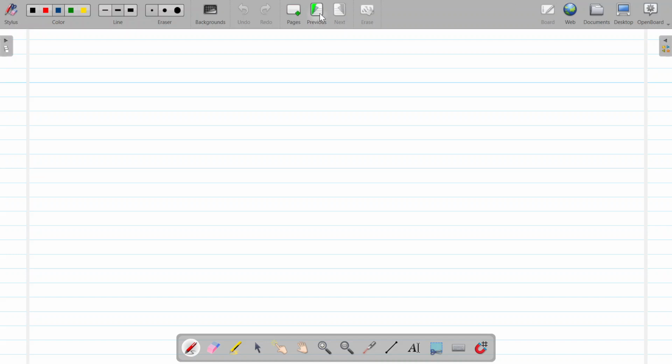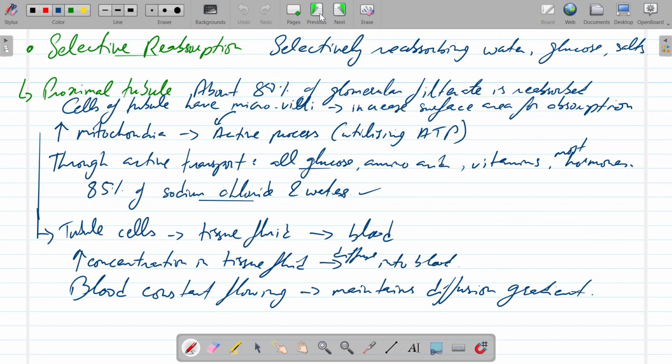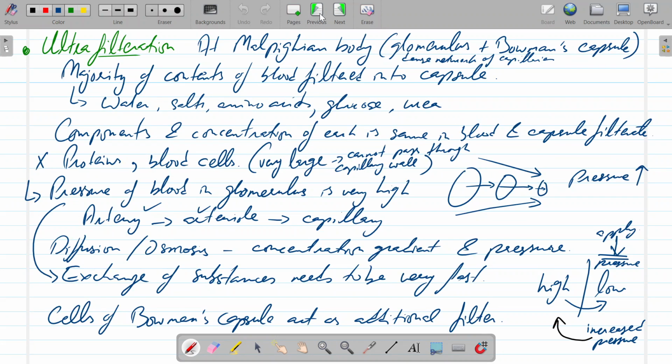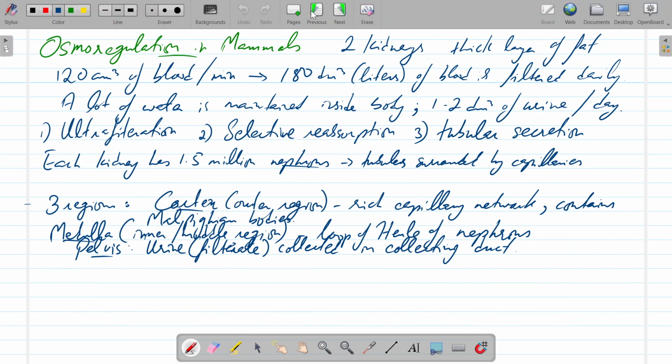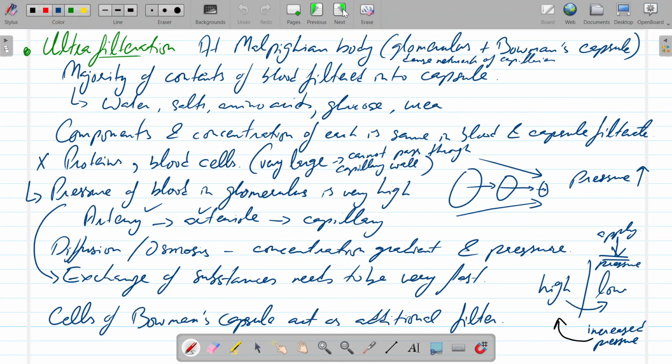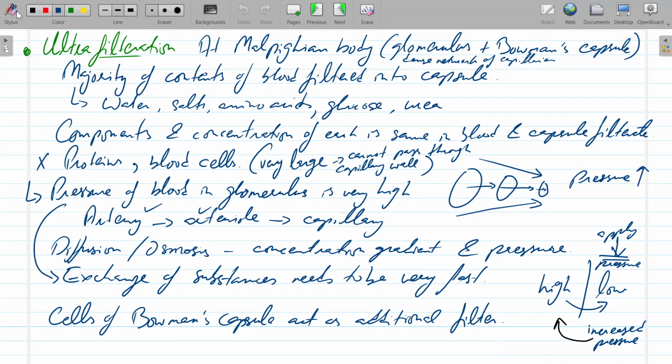Last session that we had, we talked about the processes in the kidney through which urine is made. Now all of that is part of the osmoregulation in mammals. So we have initially talked about ultrafiltration,